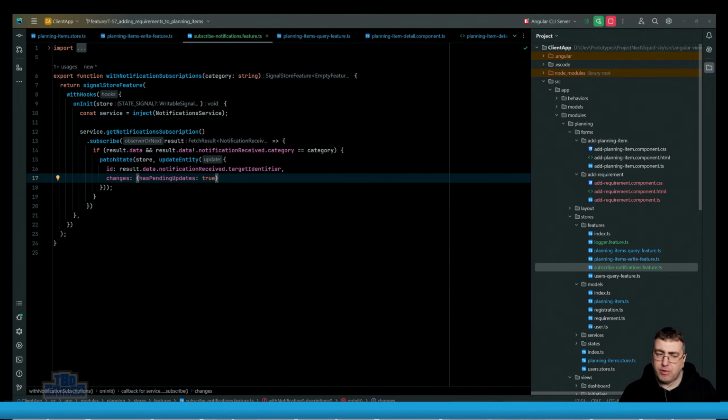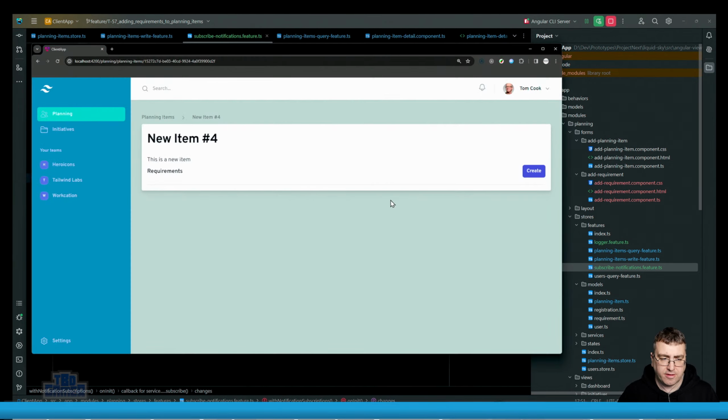And the reason in here is that what I wanted to say is this is not really for this use case. It's more for if someone else changes the item, I want to be told, hey, by the way, this item actually has pending changes. You might want to reload. If I've saved anything, it should still be there, but it might get lost. That's the big problem because if I go in here,